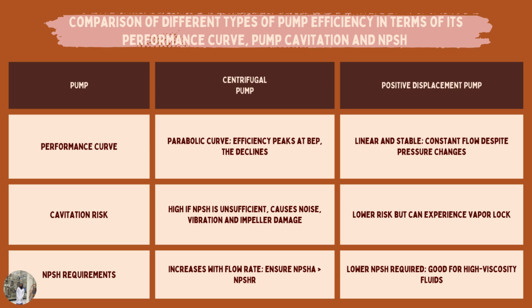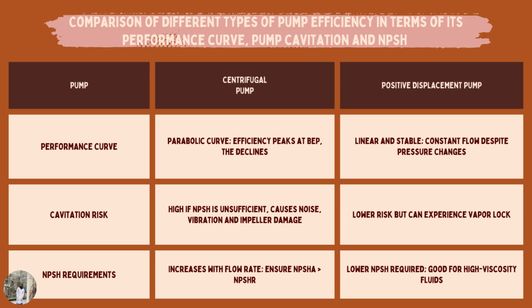Centrifugal pumps follow a parabolic performance curve where efficiency peaks at the best efficiency point, BEP, and declines afterward, while positive displacement pumps provide stable and linear flow regardless of pressure change. In terms of cavitation risk, centrifugal pumps are more prone to cavitation if the net positive suction head is insufficient, leading to noise, vibration, and potential impeller damage, whereas positive displacement pumps have a lower cavitation risk but can experience